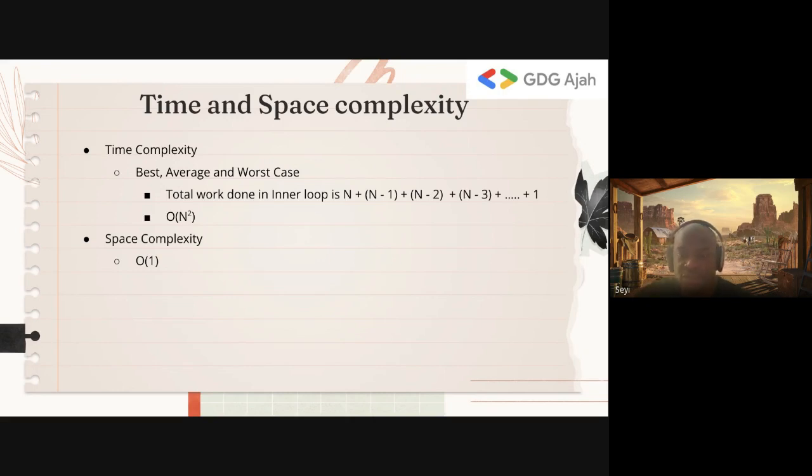But if we want to be more rigorous, the first time we are looking for the minimum element, we have to scan through the entire array, which is n. When we put the minimum element in the right position, we have to scan through n minus 1 elements left. When we put the second minimum element in the right position, we have to scan through the n minus 2 elements that are left, continuously till we get to the last element. So this is the summation for the work done in the inner loop, which essentially is O(n squared) from our previous lessons. And the space complexity is constant because I'm not using extra space.